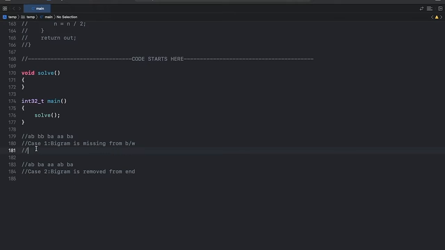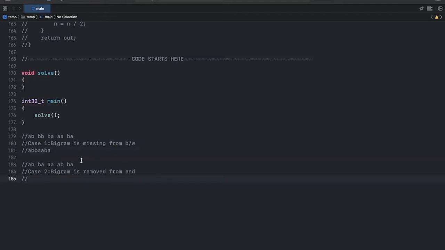So here we take the first character, here also the first character, the third one also the first character, the fourth one also the first character, but here a bigram is missing, so we'll take the second character as well, because we have a bigram such as this, which is missing here. If we take the second character here, it is equivalent to having a bigram here. So what we can do is take the second character, and the last bigram we'll take as a whole to form the given string.